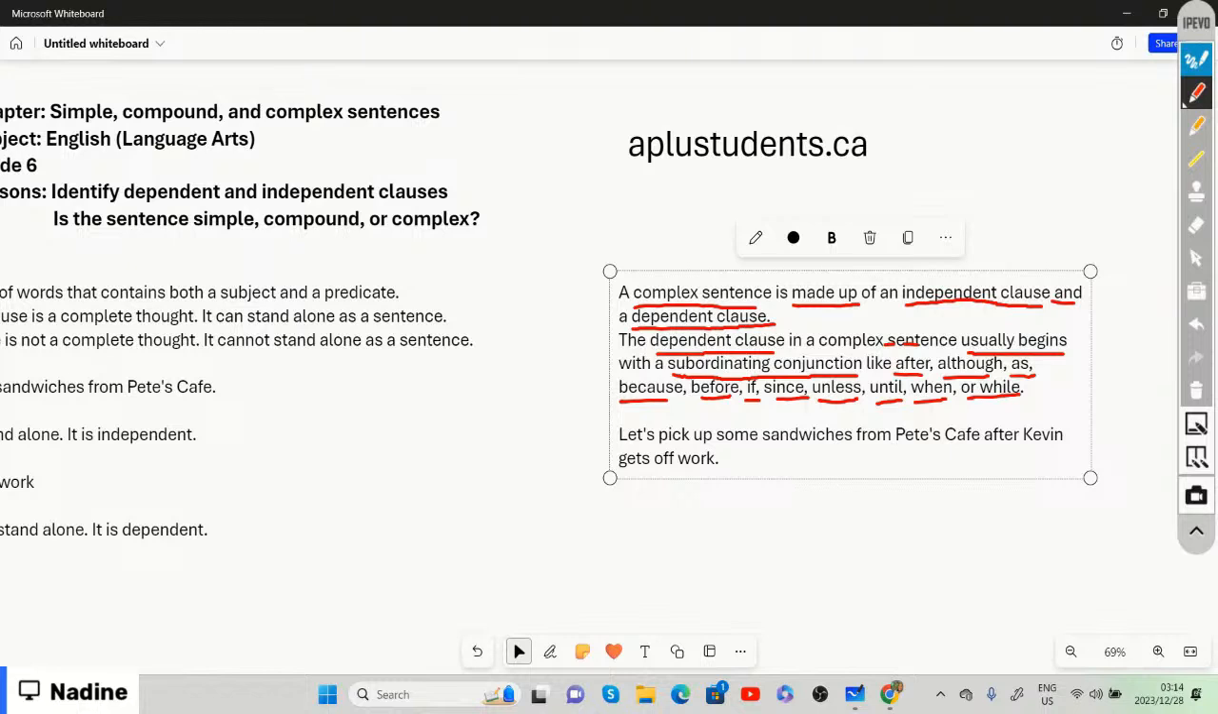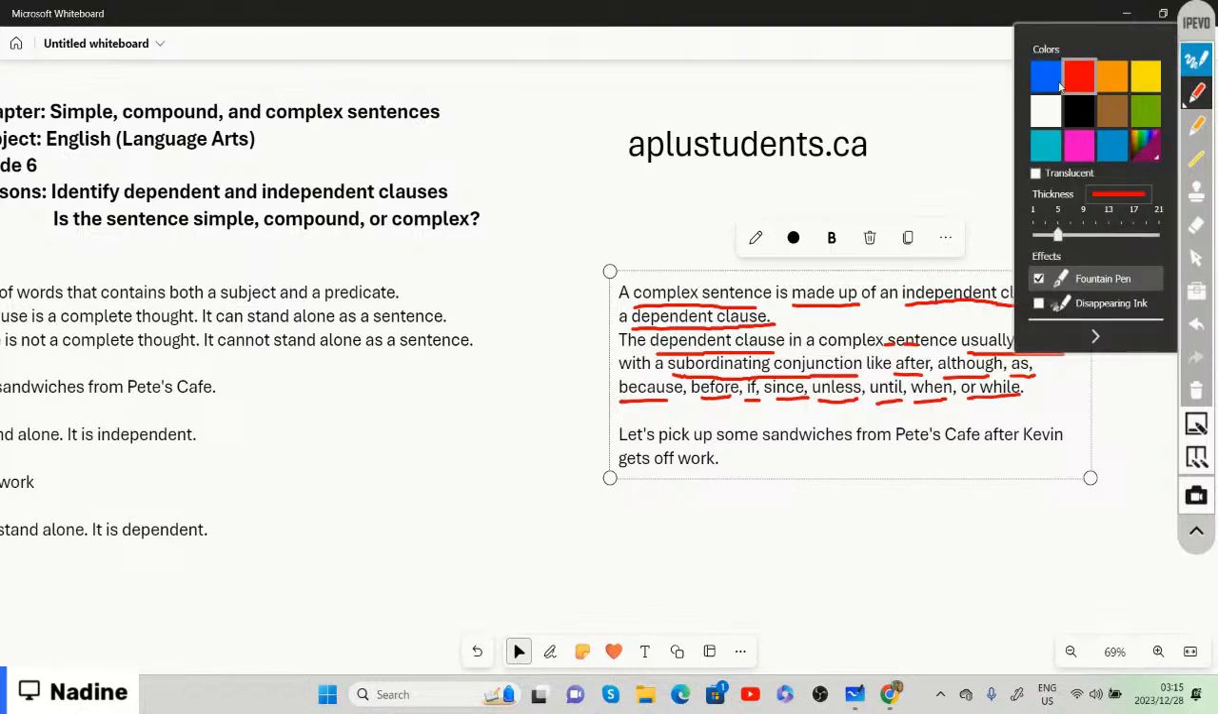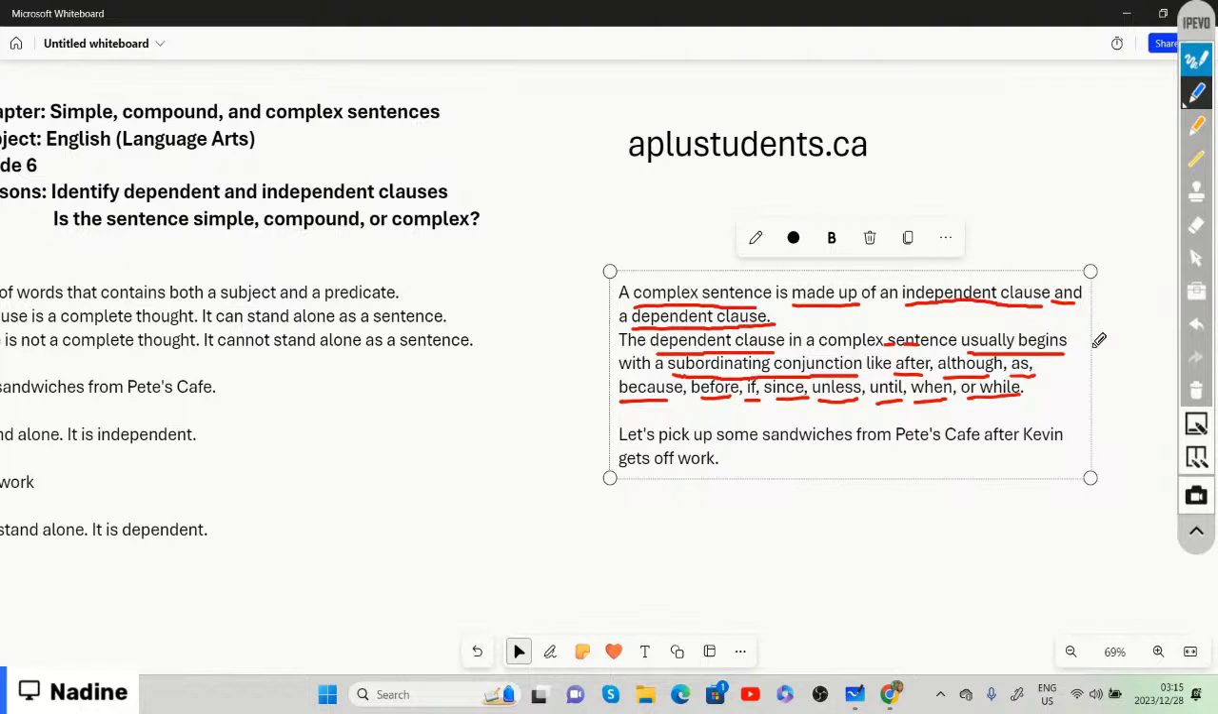And an example of a complex sentence, right? Let's pick up some sandwiches from Pete's Cafe after Kevin gets off work. So now, if we identify the independent clause within that sentence, then we will say it is let's pick up some sandwiches from Pete's Cafe. That is the independent clause,